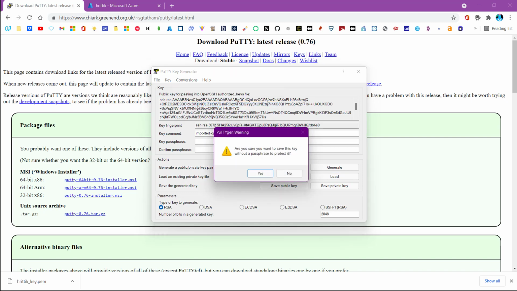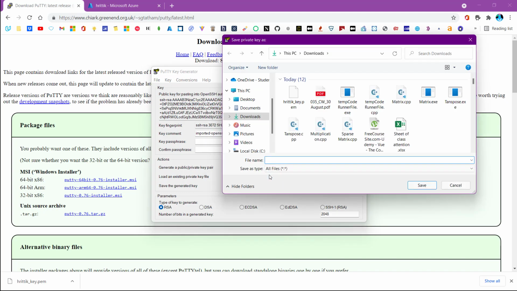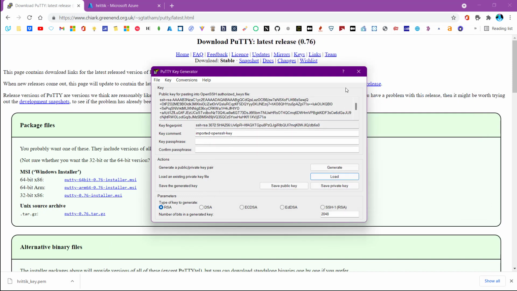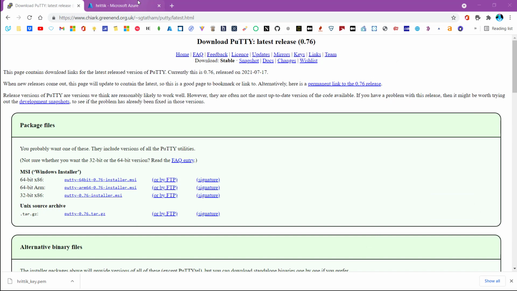Click on this, click on yes, and you will get the key. Name it anything you want, like Ubuntu. Remember, don't put any extension on the key. This key has .pem, but the new key doesn't have any extension. Click on save, and you have the key saved.